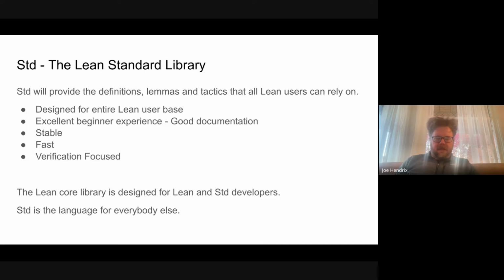This is still in development, but the idea is that as it matures over 2024, the Lean core library will be for people who want to develop on Lean or contribute to the standard library, and Std will be the default environment for everybody else. The things that go into Std are the things you want in your programming environment, and that can include a broader set of things than is currently in Lean core right now.